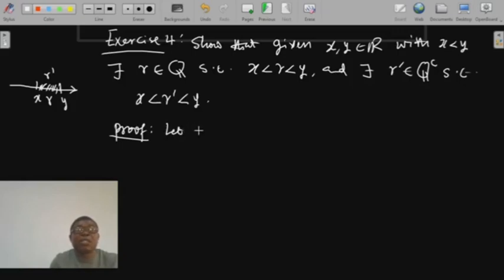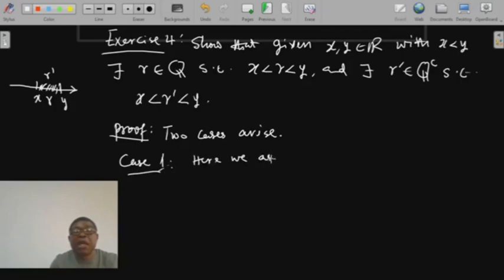Let us consider two cases. Two cases arise. Case 1 is the case where we assume